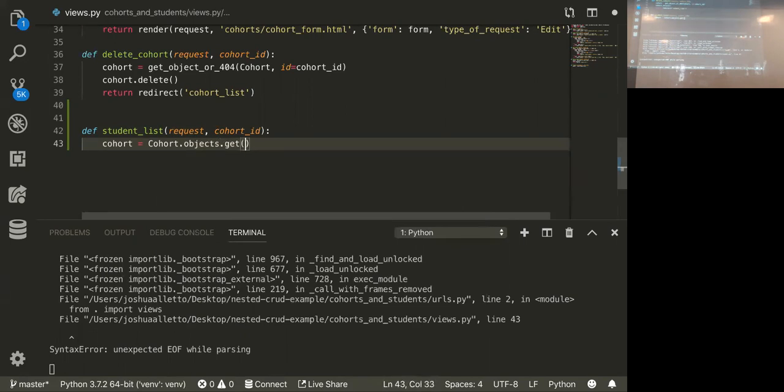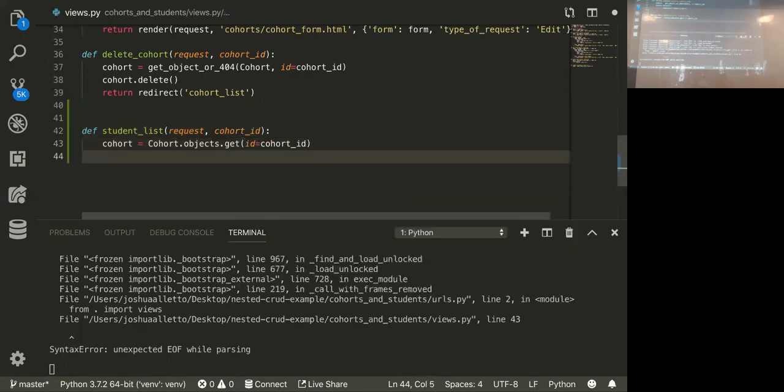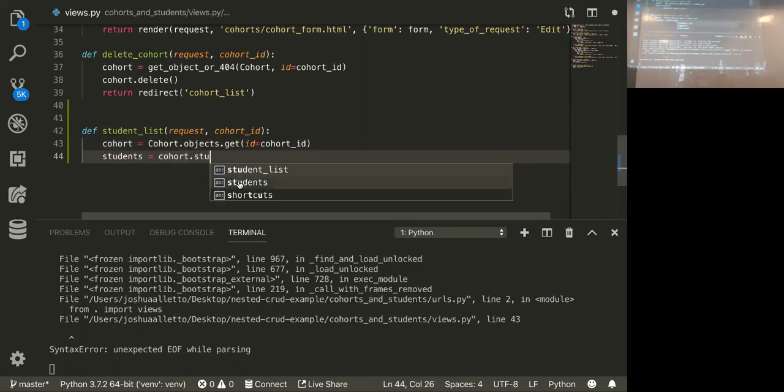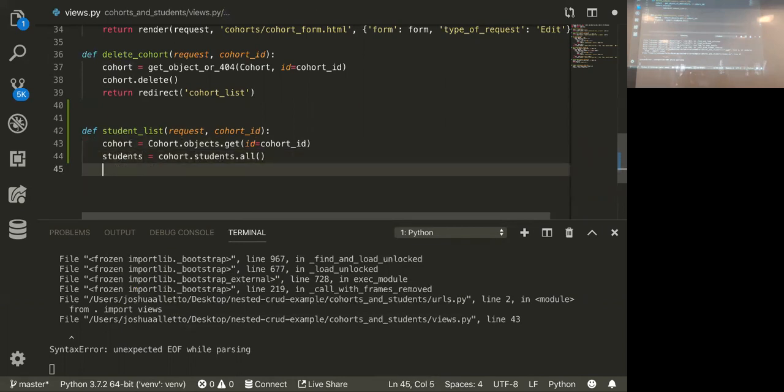It's going to be cohort.objects.get, ID equals cohort ID. Then I'm going to get all the students. And that's going to be the cohort variable that I just created on 43. This is what it was: it's .students.all, right? And that's going to save all the students here. Then I'm just going to return